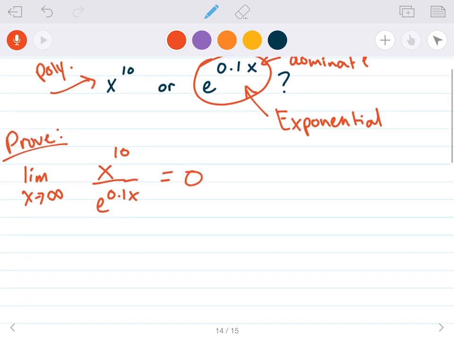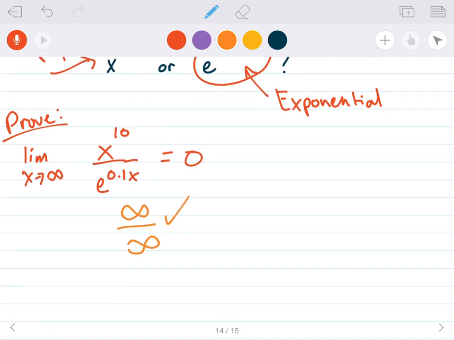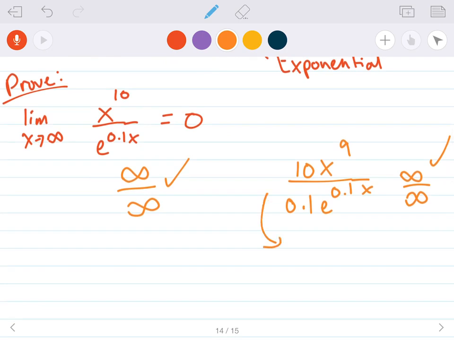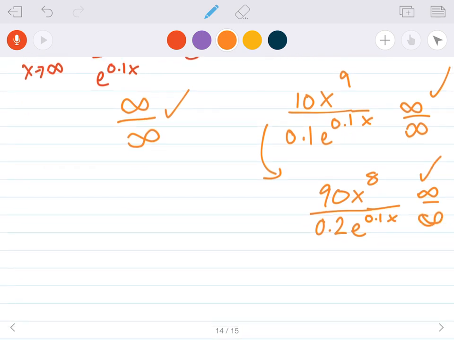All right, so we can use L'Hopital's rule because, clearly, we have infinity over infinity if we plug in infinity for x. So let's go ahead and differentiate the top and the bottom using the chain rule. I have 0.1 e to the 0.1x. Well, this is still going to give me infinity over infinity. So we have to use L'Hopital's rule again, and I think you guys can see where we're going with this. So this is still infinity over infinity. And instead of doing this 7 more times,